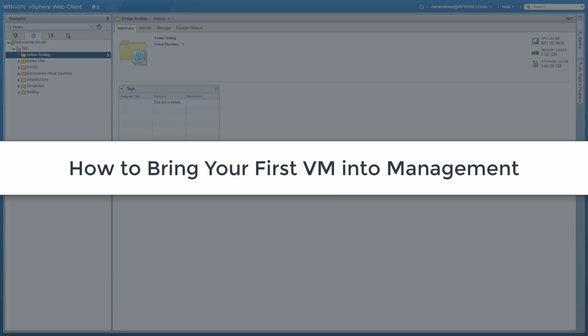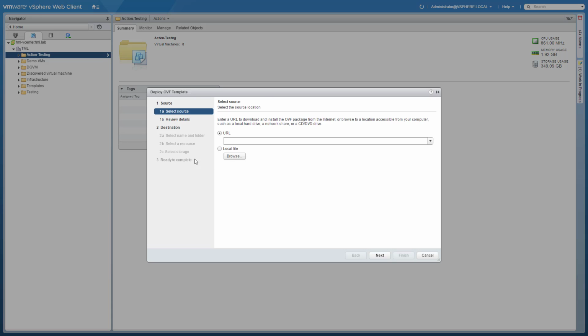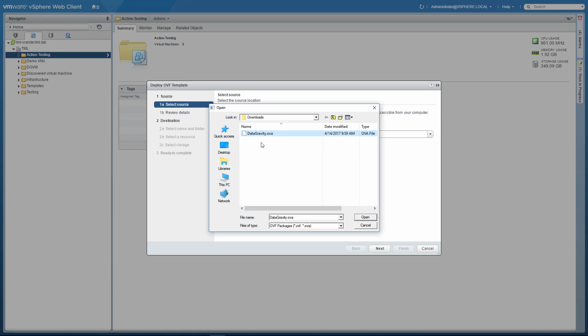In the next few minutes, I'm going to walk you through how to bring your first virtual machine into management in the DataGravity for Virtualization product. DataGravity is distributed as an OVA and easily deployed as a virtual appliance running on top of VMware ESXi version 5.5 or newer. Start by deploying an OVF template, select the OVA,